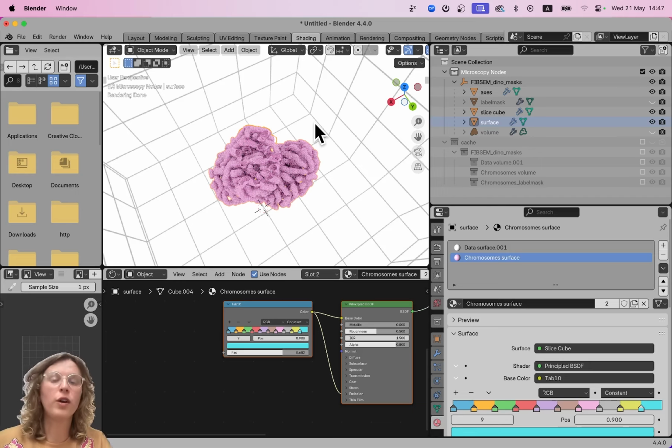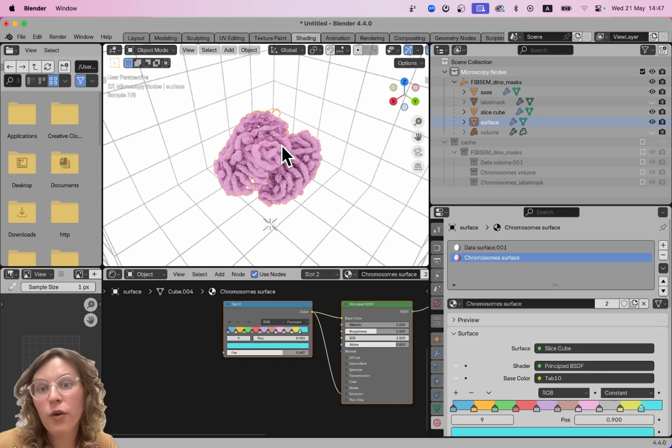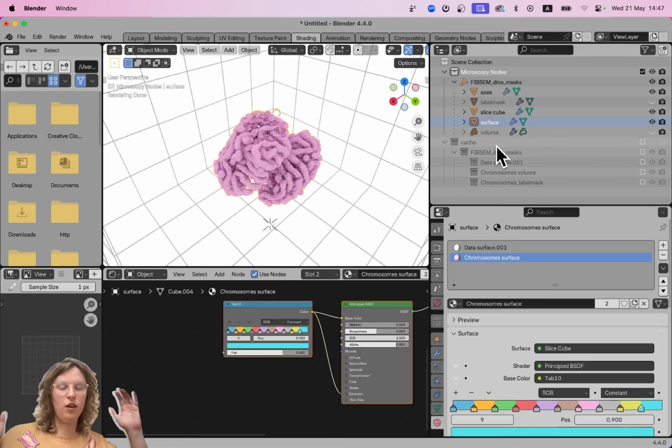But this is for if you have a binary mask. This is very flexible because it's a lot faster to load this than to load it as a label mask. And so if you already have a binary mask and you want it in one color anyway, this works very well. But these are actually label masks where we have in our original TIFF stack or OME-Zarr stack,